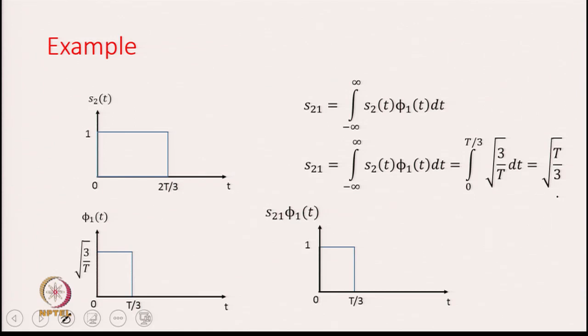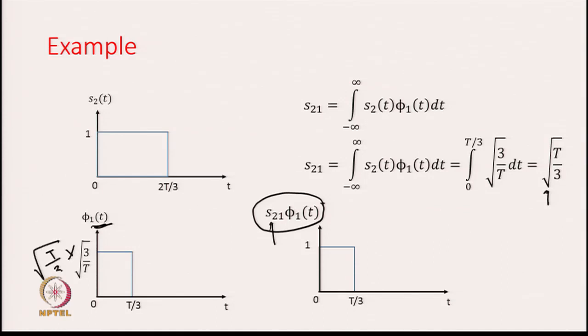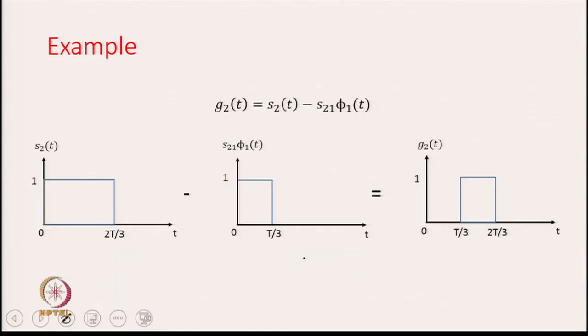Now, we can also find out the signal S 2 1 into phi 1 t. What happens is that you just have to multiply this phi 1 t with S 2 1. S 2 1 is this quantity, so you have to multiply this thing with root of t by 3. So, it becomes 1. So, this is S 2 1 times phi 1 t, and thus you can easily obtain G 2 t, which is nothing but the difference between these two